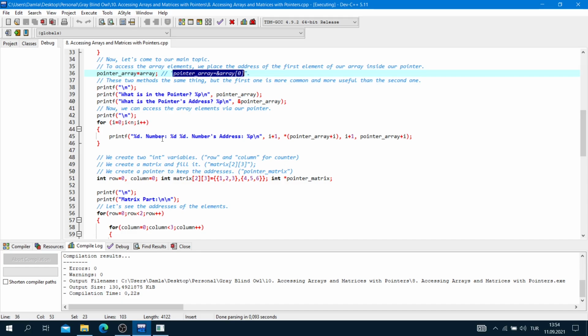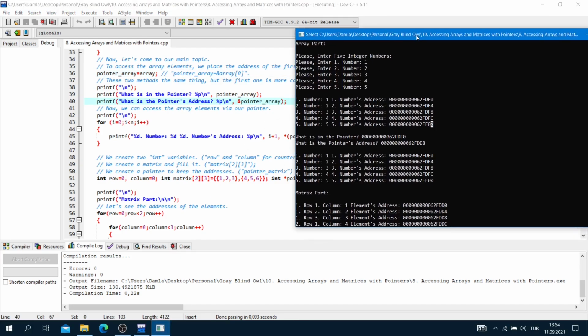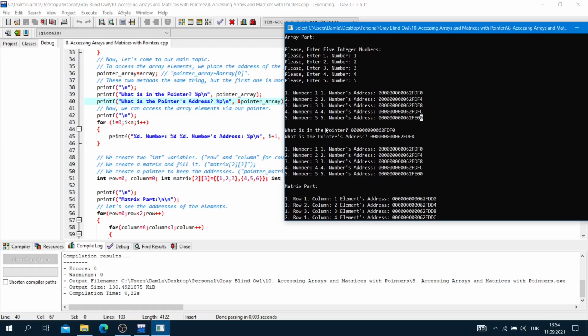Okay? Now, what is in the pointer and what is the pointer's address? Let's check it. What is in the pointer? 62FDF0. As you can see, our first element, 62FDF0.